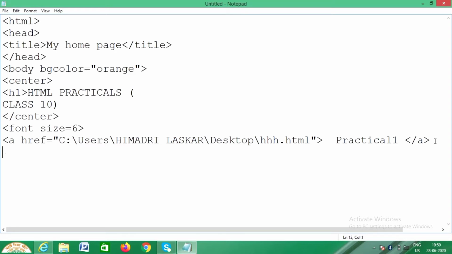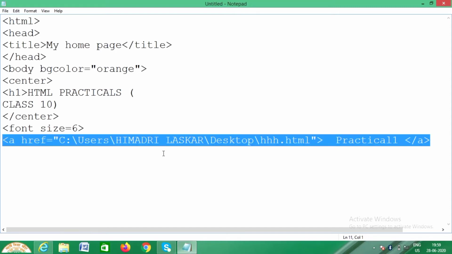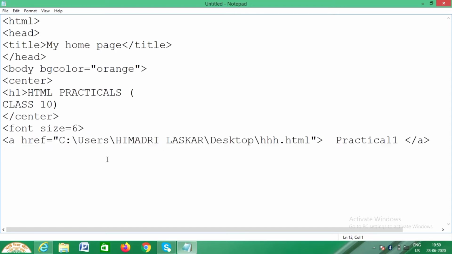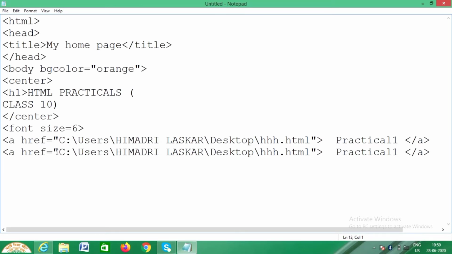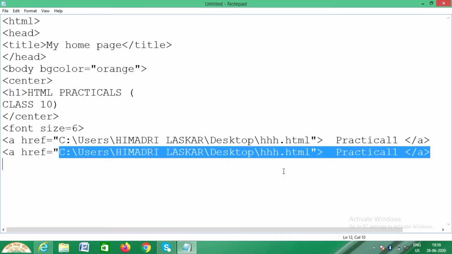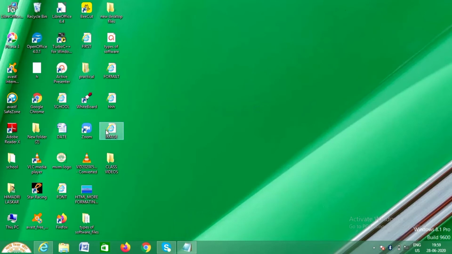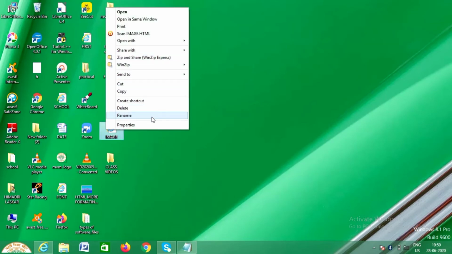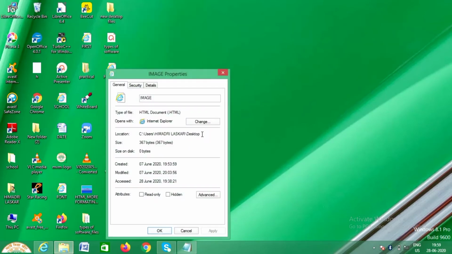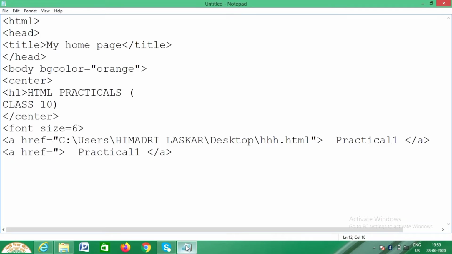Next, again similarly we have to connect all the pages. So I will do, you can copy paste this. Now here you remove this, go back to practical number 2, right click, go to properties, go to location. At the same time I am looking here at the name image.html. So go back, then paste it.